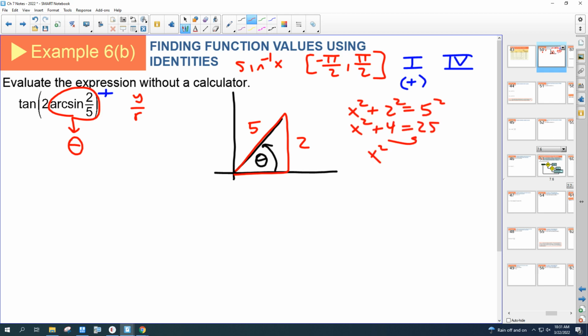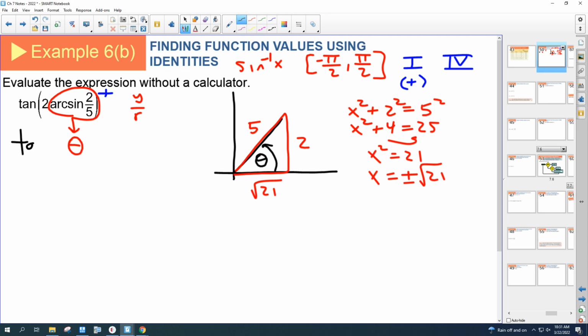Subtract over, square root. You'd have plus or minus square root of 21, but we're in the first quadrant, so we know it's got to be the positive version. Square root of 21, right there. Okay? So once you get that filled out, you probably have everything you need, but then you need to realize